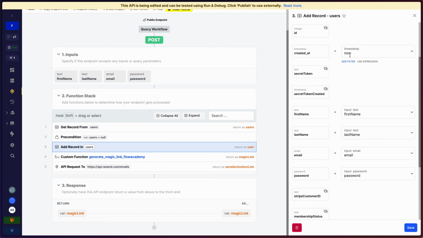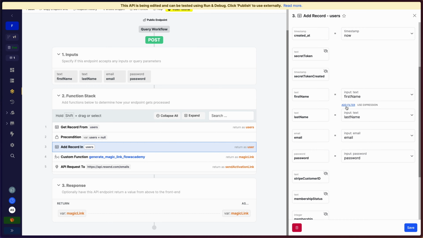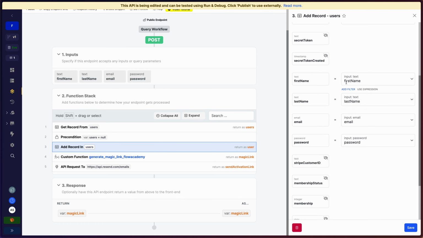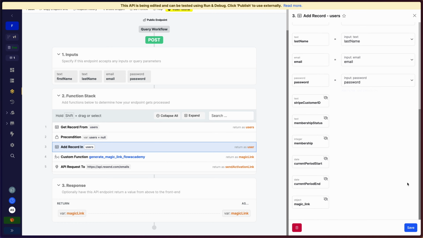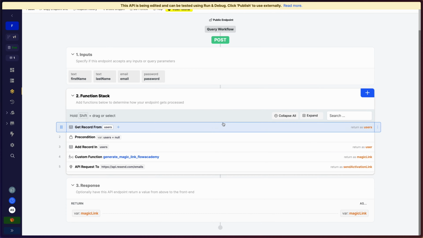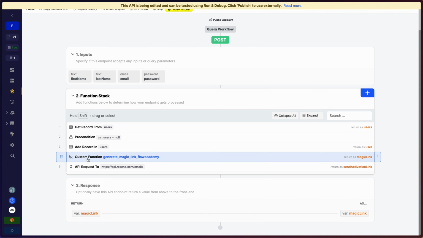So we are going to grab all those details and make sure that we create a new record in that database based on the inputs that we have received. Which is the first name, last name, email, and then password. Pretty straightforward stuff. And now finally, we are on the fourth function, which is the custom function generate magic